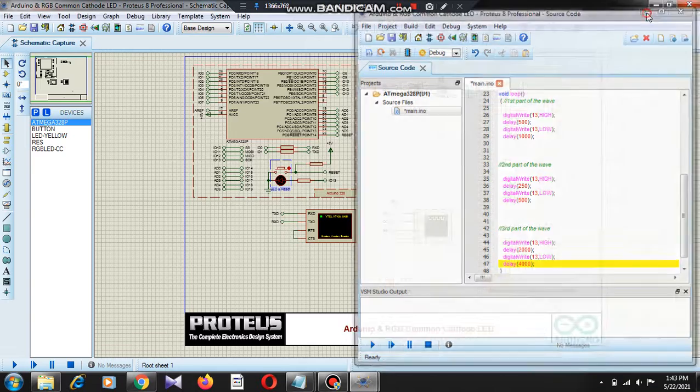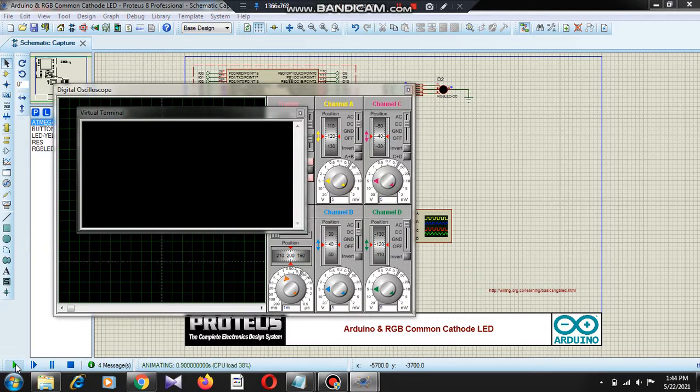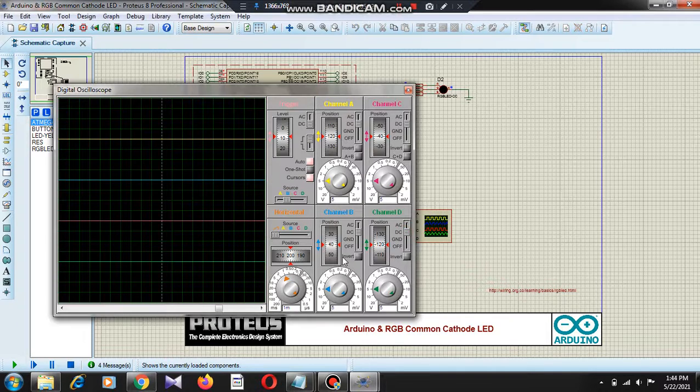Let's run this code. So I will join this to this, pin 13. Okay, let's run the simulation. Okay, I will make AC to DC and this 1 to 200.